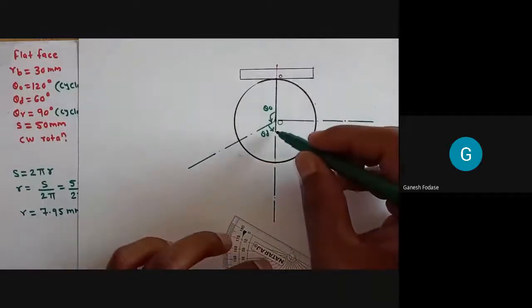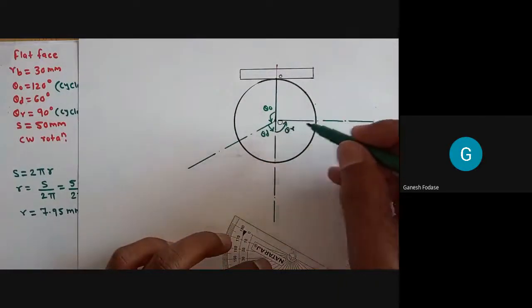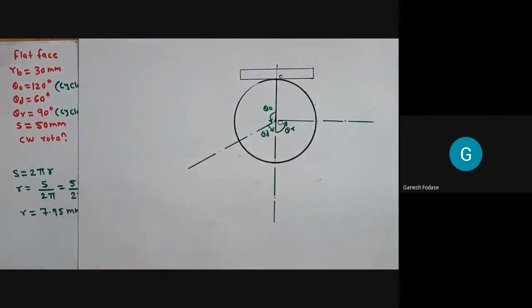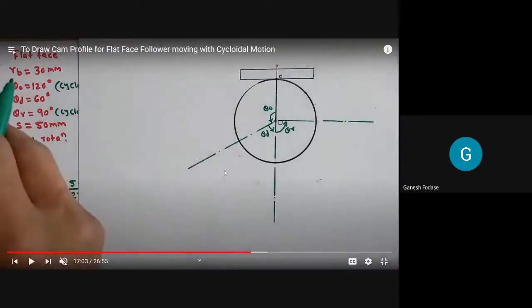after marking these three positions, we need to mark the corresponding divisions. How many divisions do we take for theta O and theta R in the displacement diagram? 6. Yes, 6 parts. Here also, remember, the number of divisions in the cam profile is equal to the number of divisions in the displacement diagram. So if for a rise we take 6 parts, remember rise and return divisions may be different, but in this case it is similar as the motion is the same. So it is not always the same, it may be different.